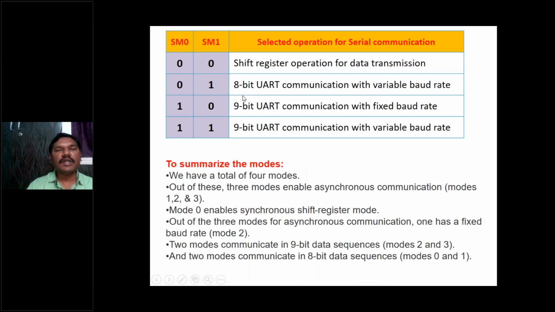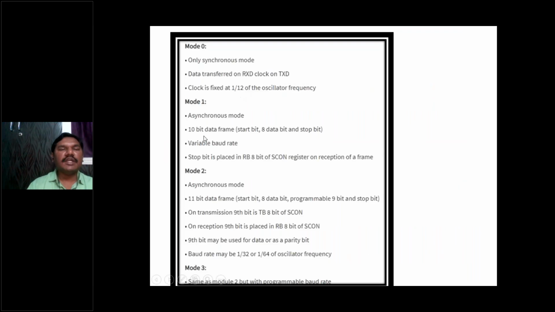So here you can see that it is an 8-bit UART. What is UART? Universal Asynchronous Receiver Transmitter device. It helps to provide the transmission and reception of bits. So here it is 8 bits, 9 bits; these are the representation of data. Here we have a 10-bit frame or packet, and here we have an 11-bit data frame or packet. So what is a data frame or packet? One start bit, one stop bit, and 8 data bits. In two cases, we have 8 data bits. Why? Because usually data is represented in terms of ASCII, right?